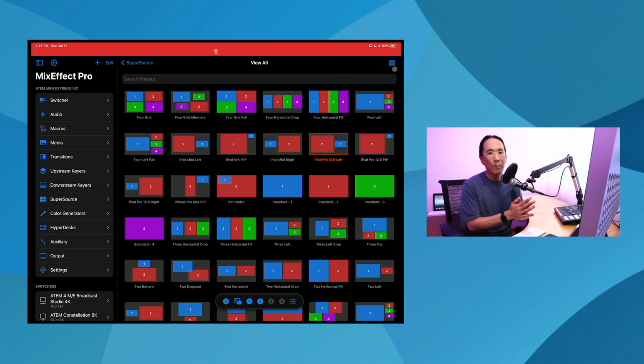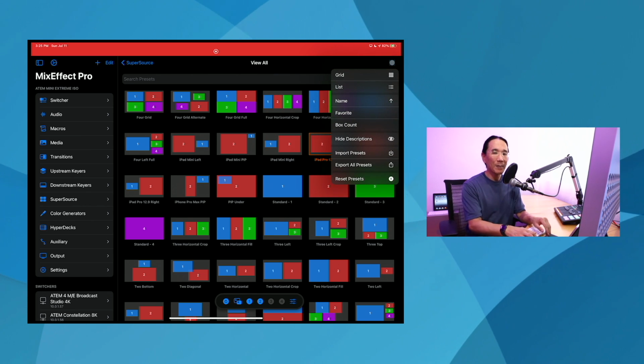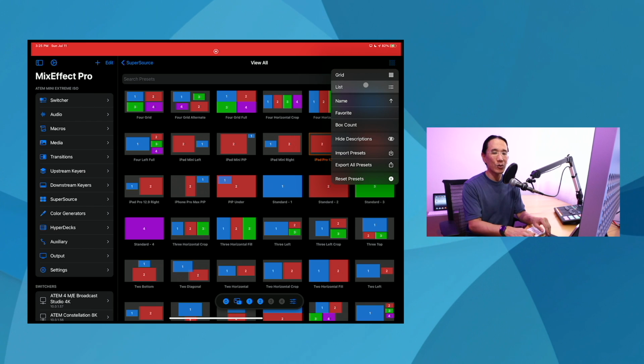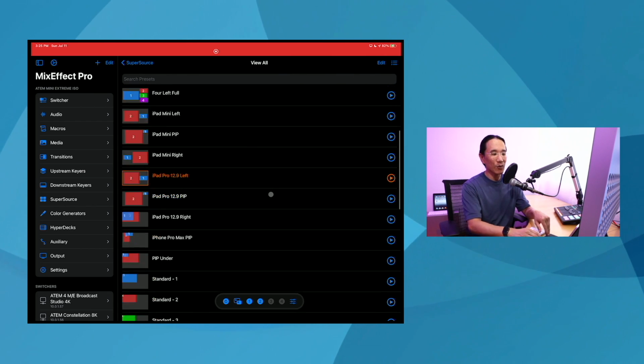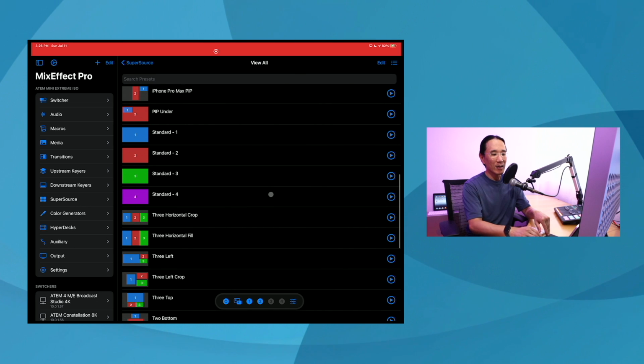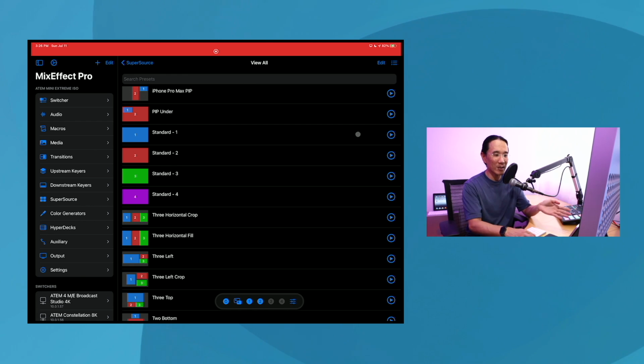From the View All Presets page, you also have access to List mode. So you get that by tapping on the Options button and choosing List. Here you see now a list of your SuperSource presets. On the right-hand side is a play button. And if you push the play button, it will switch it to that preset. So for instance, if I do pip under,